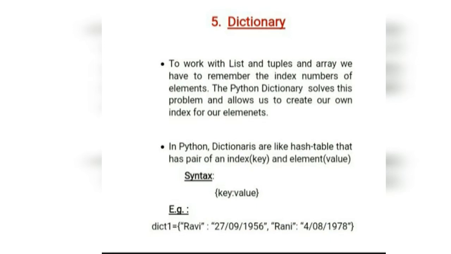Here I have taken an example, dictionary 1, where Ravi and Rani are the keys, while their birth dates are the values. So the above dictionary shows the personal name behaving as a key, and the person's date of birth behaving as